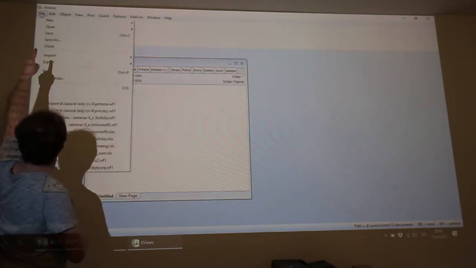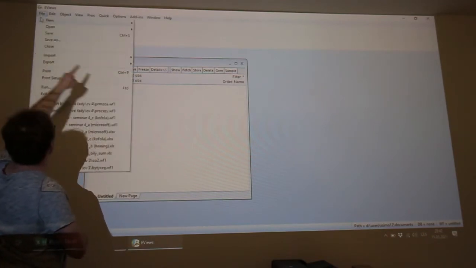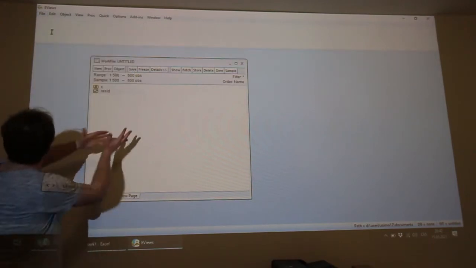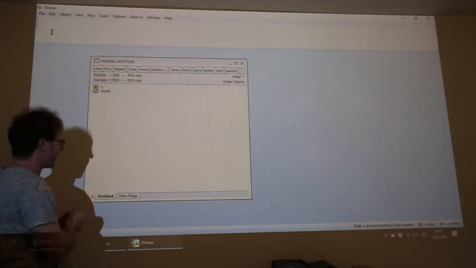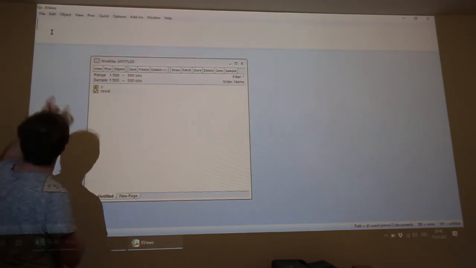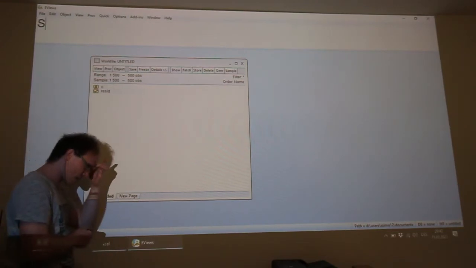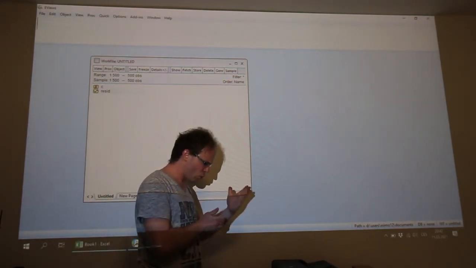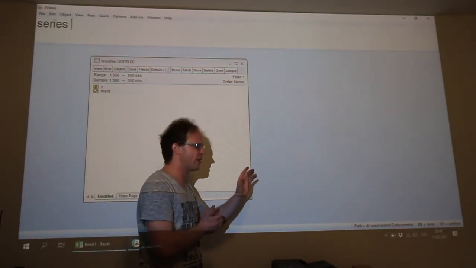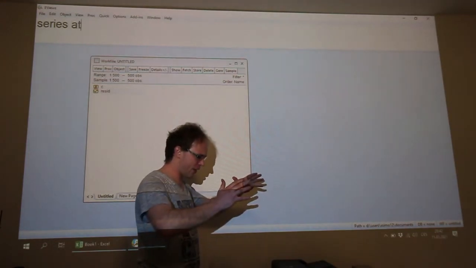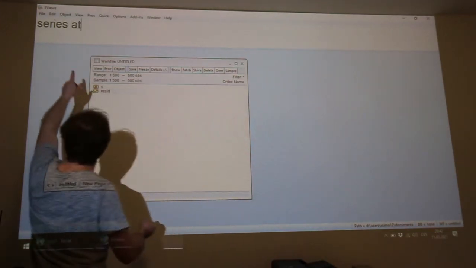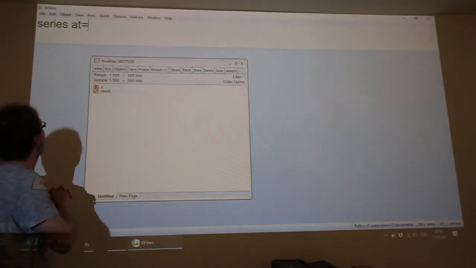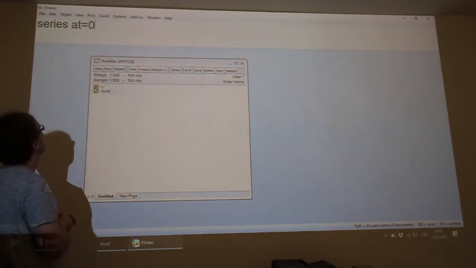Now we must create a series for the white noise process. So in the command block, we must write the command. We can zoom the font, and we will write series, and we will name the new series, for example, AT, like white noise process, equal sign 0, and enter.